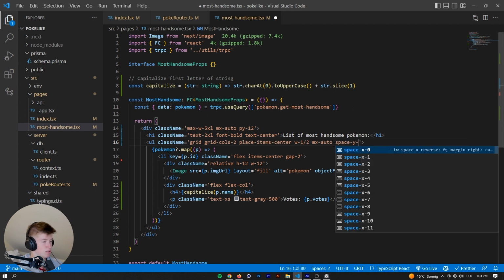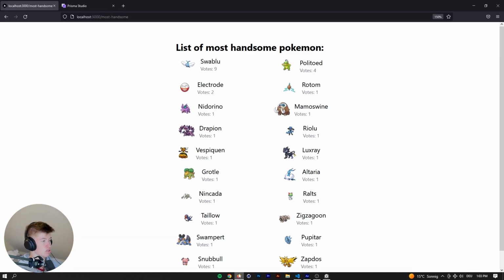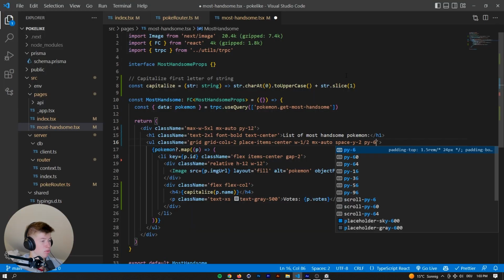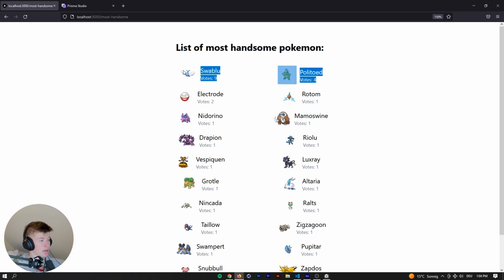let's do a space of Y. So just to space them out vertically a bit. And also have a bit of padding on the top and bottom. So padding of 6 at the top and the bottom. And that looks really good. Okay, so now we have the top Pokemon, the second one, third one, fourth one, and so on. Looks really good. Now I would like the